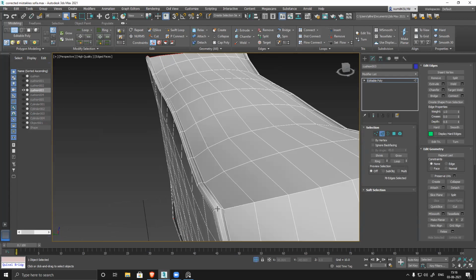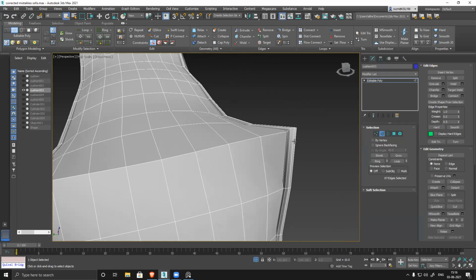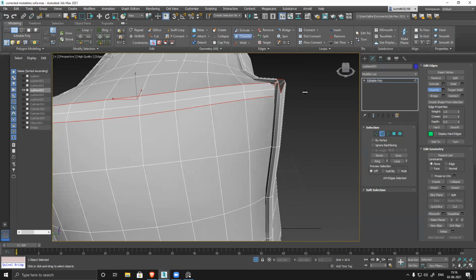Yes. Select chamfer. Sorry, one more. And now chamfer all the edges.